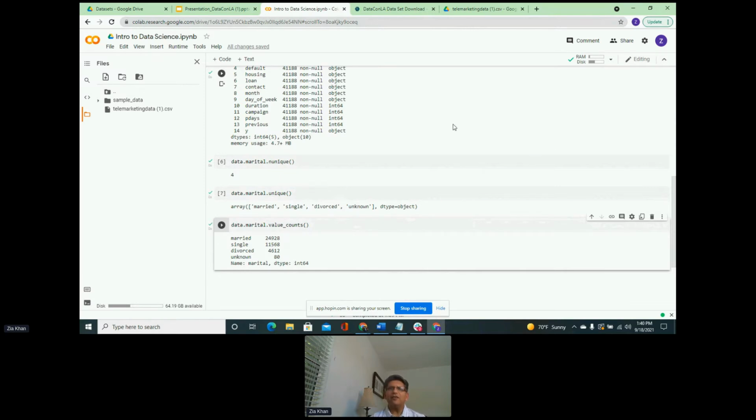So this gives us a little bit of an idea of the feature marital that we have in our data set. Similarly, for the other columns that are objects, we have to look at the data and try to understand more about what they have, whether they have many classes or a couple of classes, and what kind of distribution there is within each class.